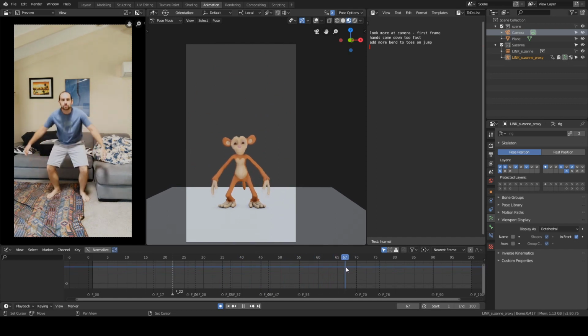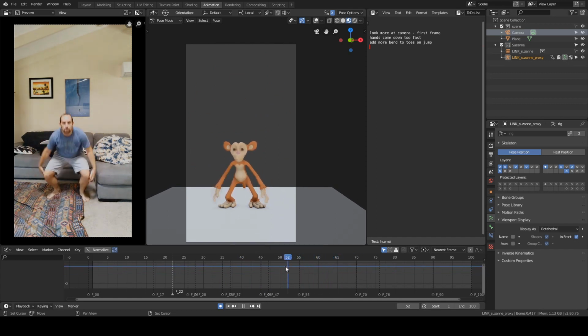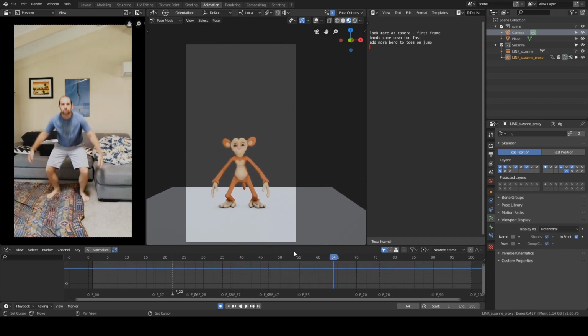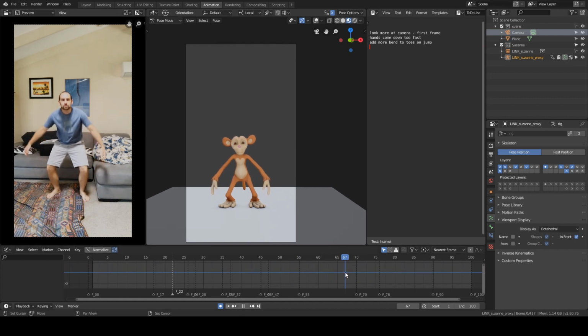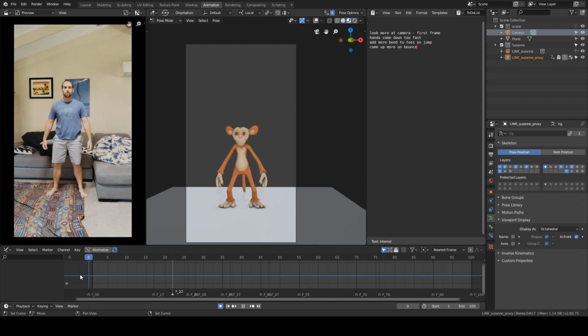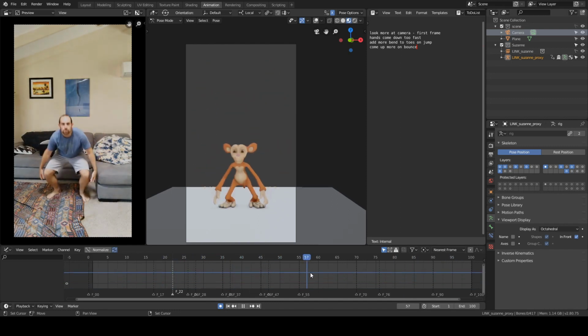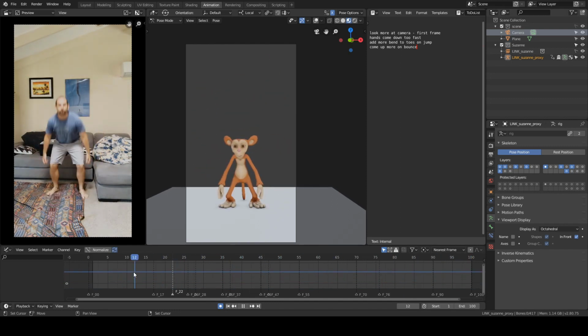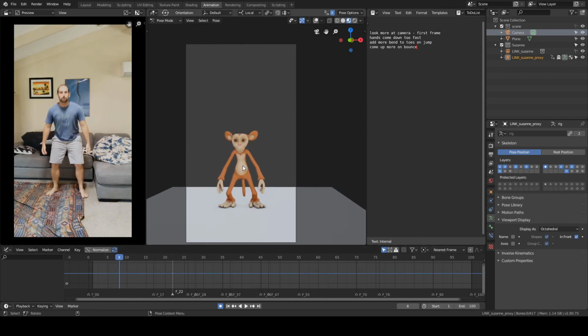Okay. On this bounce, there's a lot more upward movement in the reference, so we might just have her come up more on that bounce upwards motion. It's not quite so bad. The rest of that seems to be okay. So I think that's the major things, at least on this first pass. I think after we've done that,